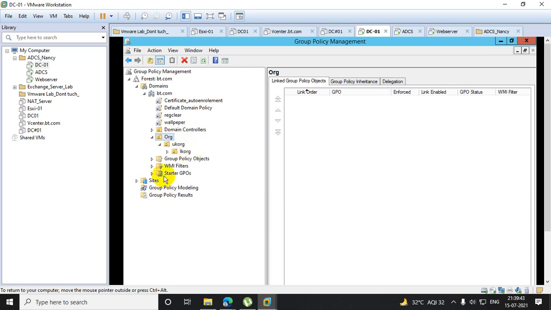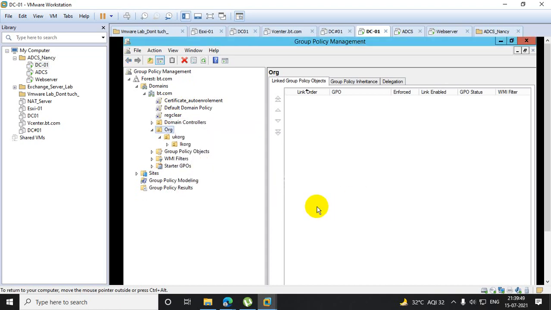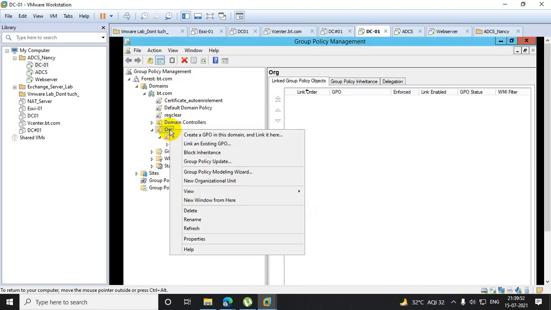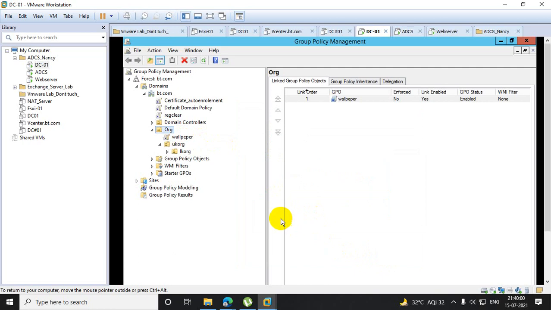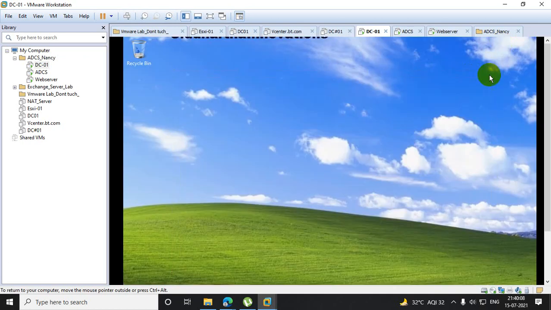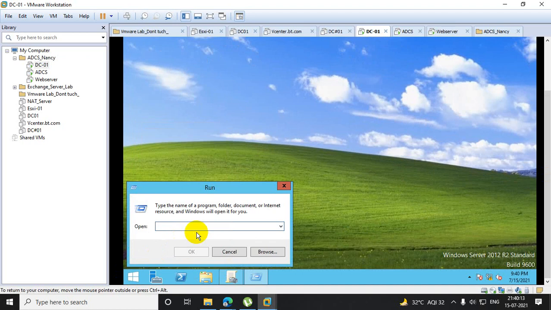Let's see. I show you the wallpaper which I deleted from the domain, and I apply this on my org. Got my point? Link existing GPO wallpaper. Perfect. Now I will do one thing. I have created 3 users, as you know. So let me open that part.